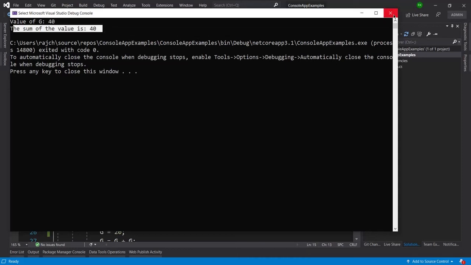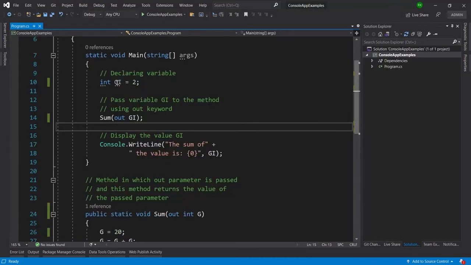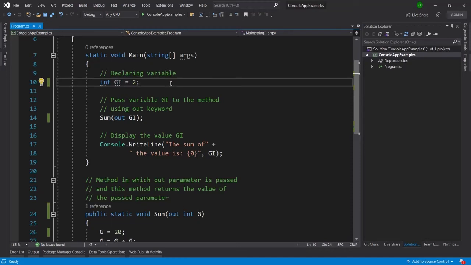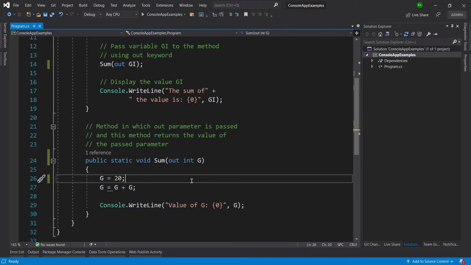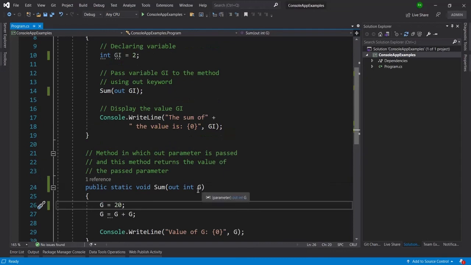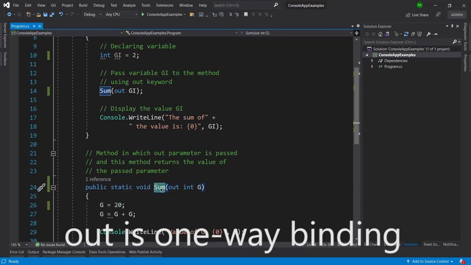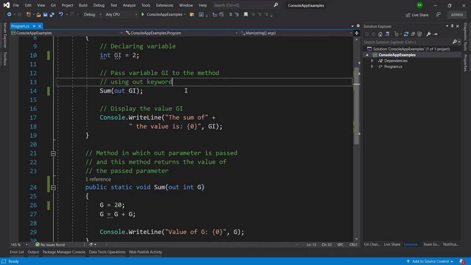That means the value 2 that we initialized here is not passed to the sum method, and because of that I am getting the value 40, because 20 plus 20 is 40. So the difference is that the out variable is always used to return the value from the sum method to the main method, or we can say from the callee method to the caller method, and ref can be used to pass the value from the main method to sum and sum to main method.